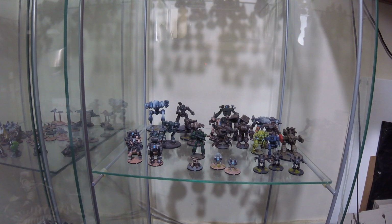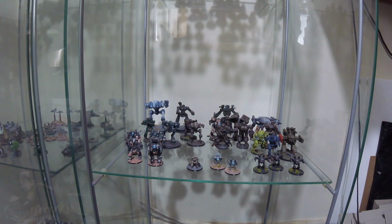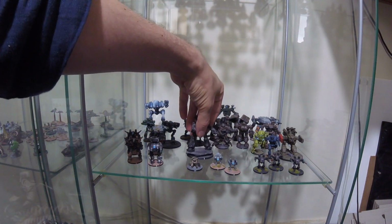And if you want all 3 modes of the one transforming mech, then you know it's going to cost you a pretty penny. I mean, it's like £45–50 to get all 3 modes of one miniature. Okay, we've got 2 more to look at. This one